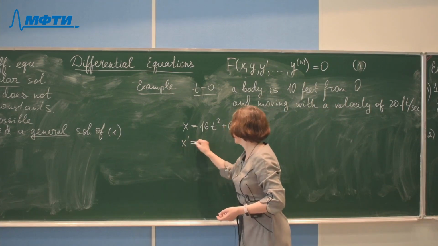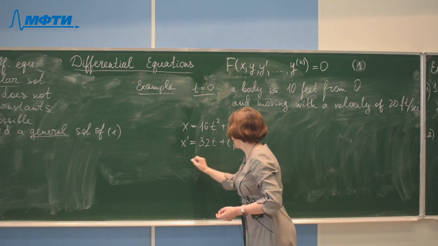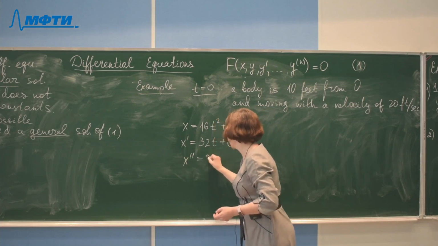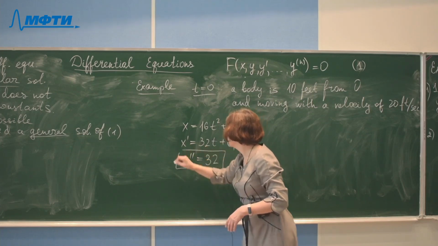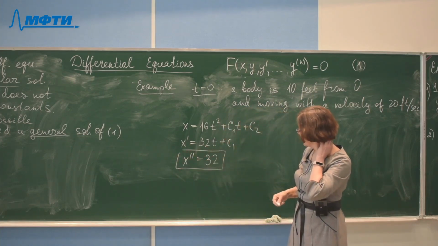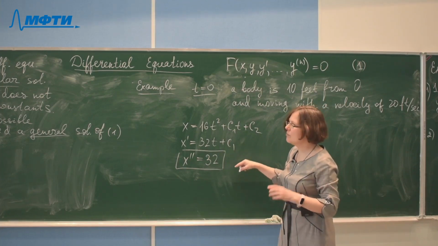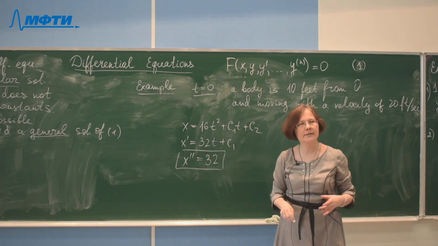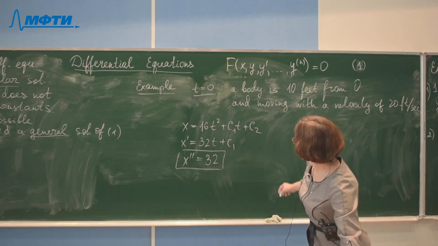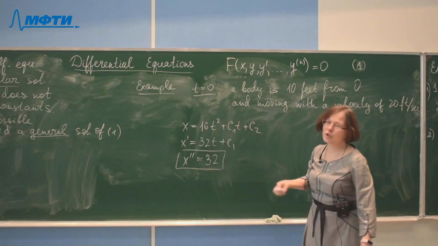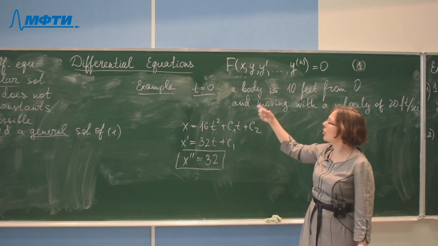x prime equals 32t plus c1, and x double prime is equal to 32. So this describes the motion of a body with a constant acceleration, right? So we get this two-parameter family of solutions, but we want to know the motion of a body